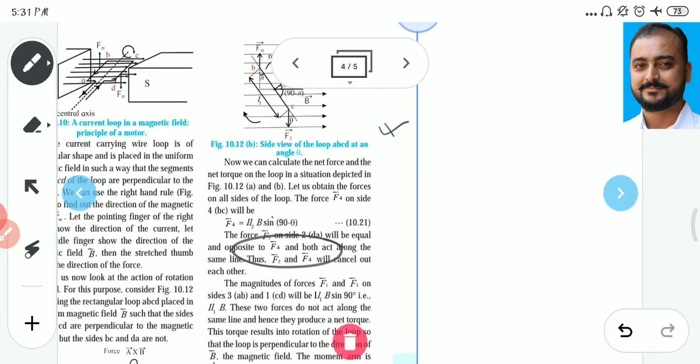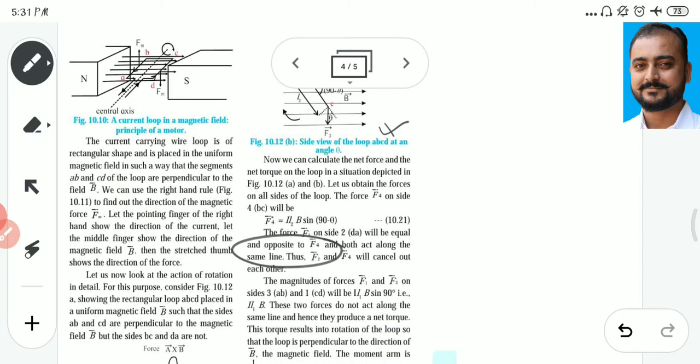remember the figure. What is that? This is the north pole, this is the south pole. This is the magnetic field. And remember, friends, while drawing this diagram, no need to draw so many lines. Just draw two lines and represent them simply as a B bar. It will give you the idea about the diagram. Now,